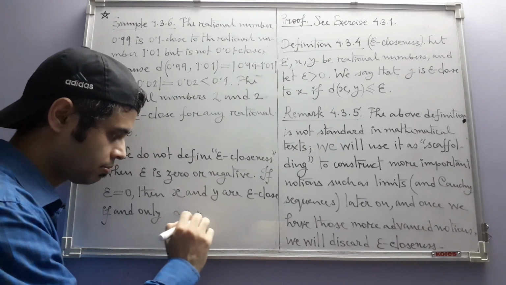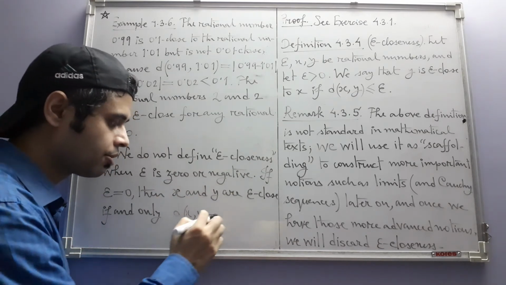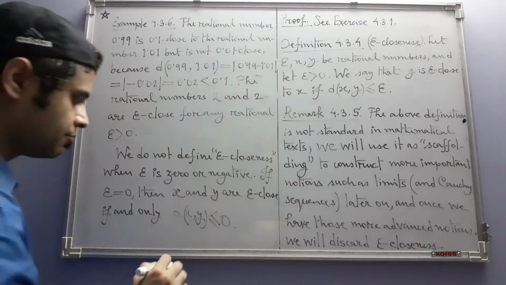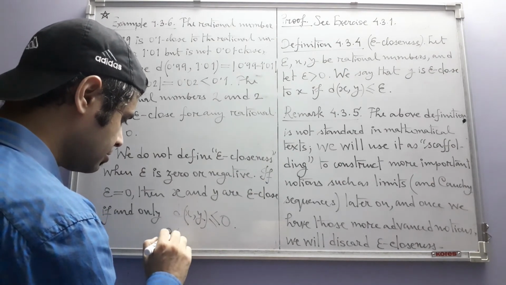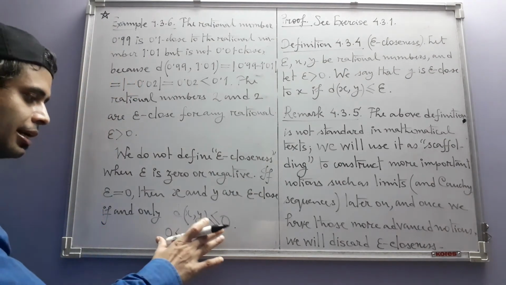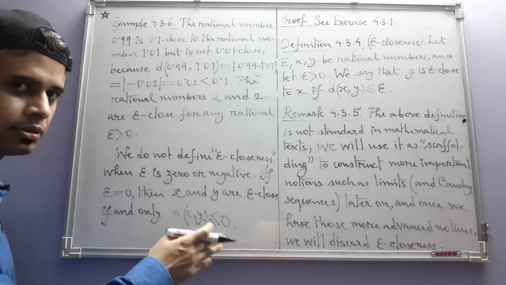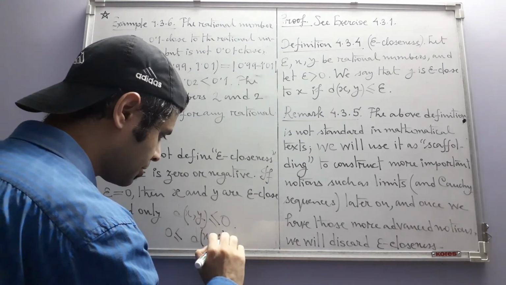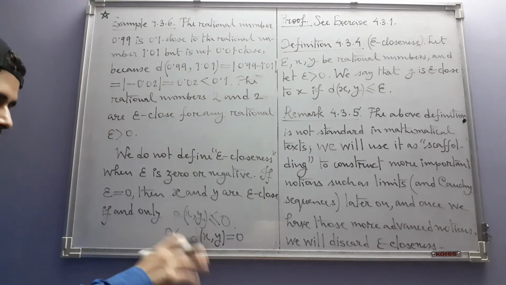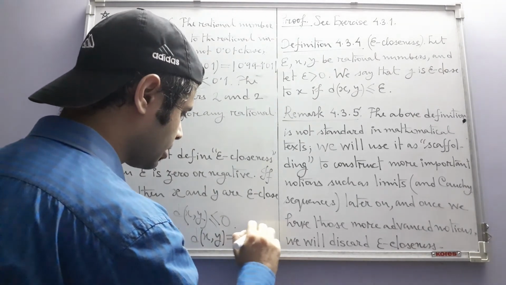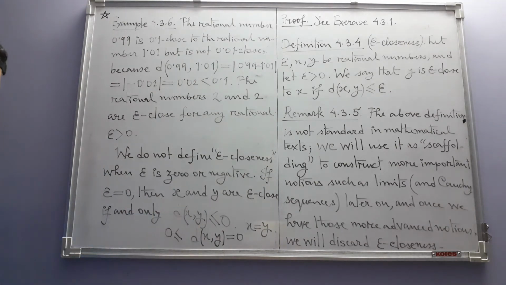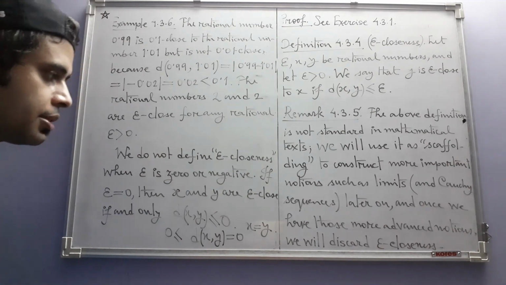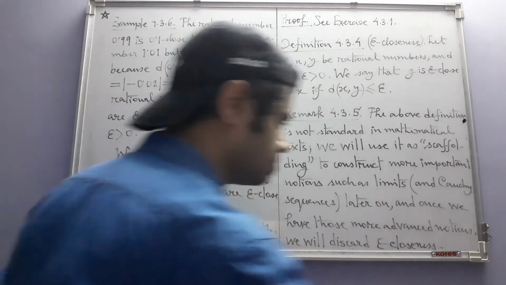You see this, for x and y to be 0 close, we should have this. But from that previous proposition, we already have the fact that this is greater than or equal to 0. So that means using antisymmetry of equality, this must be equal to 0, which again using non-degeneracy gives us x equal to y. So two rational numbers are 0 close if and only if they are the same. So taking epsilon equal to 0 actually does not give us anything interesting.